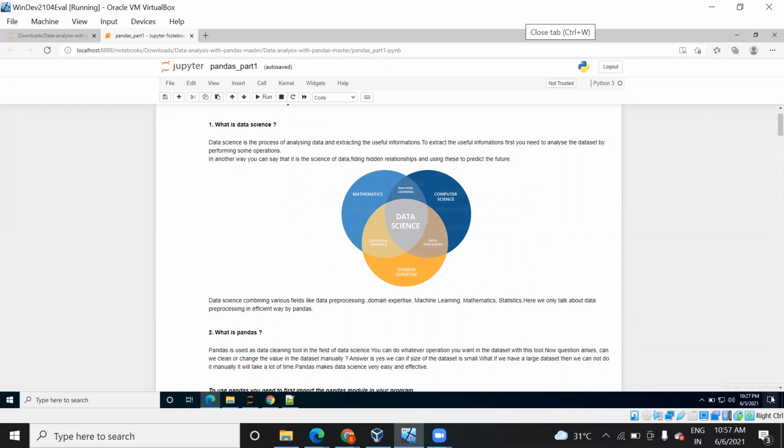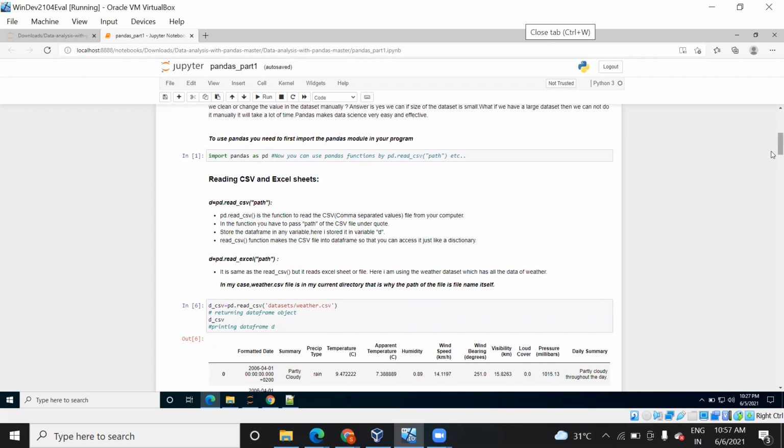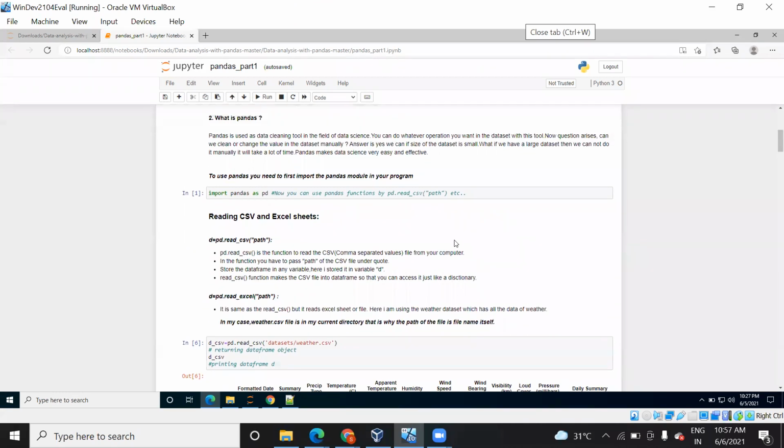So let's see this. In order to read the file, first you need to use the pandas library. Before going to that, be assured that pandas is installed on your system, because sometimes it gives an error based on your configuration of Jupyter, Anaconda, or whatever IDE you are using. So before using pandas, make sure that it is installed on your system.